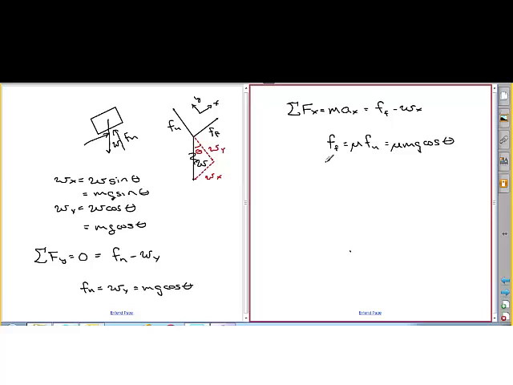So now, just like before, I can substitute that in. Okay, so the left-hand side stays the same. The friction force is equal to mu mg cosine of theta. And the weight in the x direction is mg sine of theta. So depending upon what the relative magnitude of these two parts is,